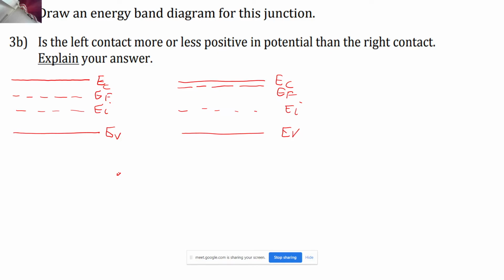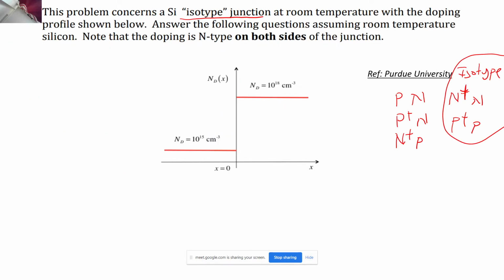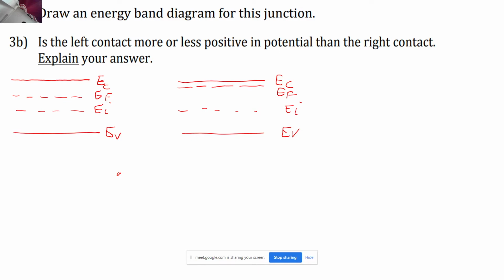See, I have not applied any bias across this. So what should happen now? Now I want help from you guys. How should I combine these two energy band diagrams? This is the diagram for ND and this is the diagram for ND plus. I have to combine these two energy band diagrams to get the energy band diagram of the combined junction. Can you please help me? What should I do? How should I proceed? The Fermi levels are not at the same level.